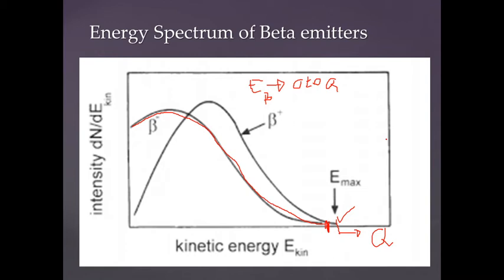This is very different from alpha emission. In alpha emission, it's almost like Q, and it is understandable. This change of state we had seen, and it getting a value closer to Q is understandable. Of course it's not going to be exactly Q, it's going to be less than Q, because it not only lands in the ground state, but also in some higher excited states of the daughter, and plus there is a recoil of the daughter. So if you consider all this, it's going to be slightly less than Q, but closer to it.